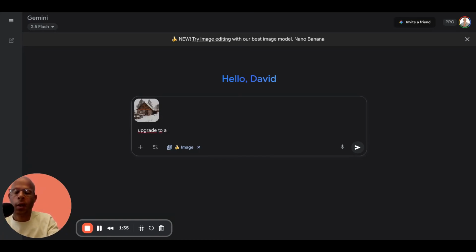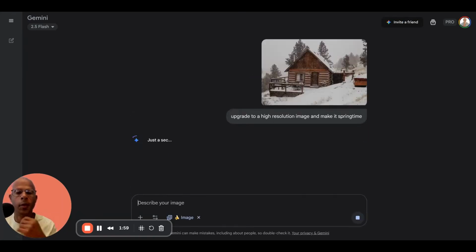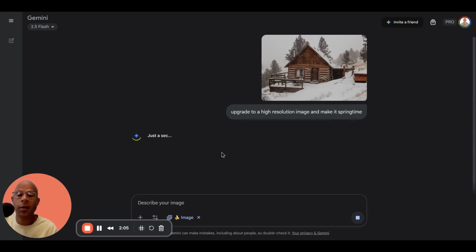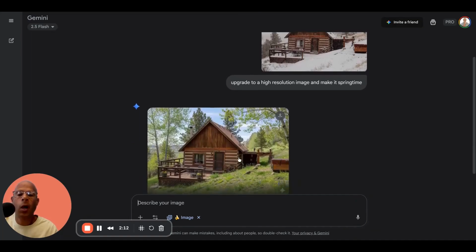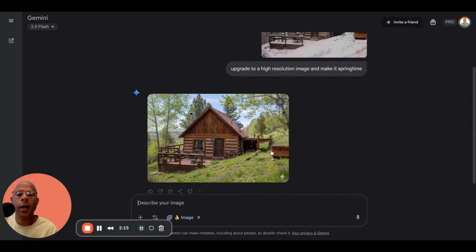to a high resolution image and make it springtime. Let's see it do its magic. I'm impressed with how fast it actually is, and let's see how well it operates here. Wow, and look at this. So it gives a photo accurate image that